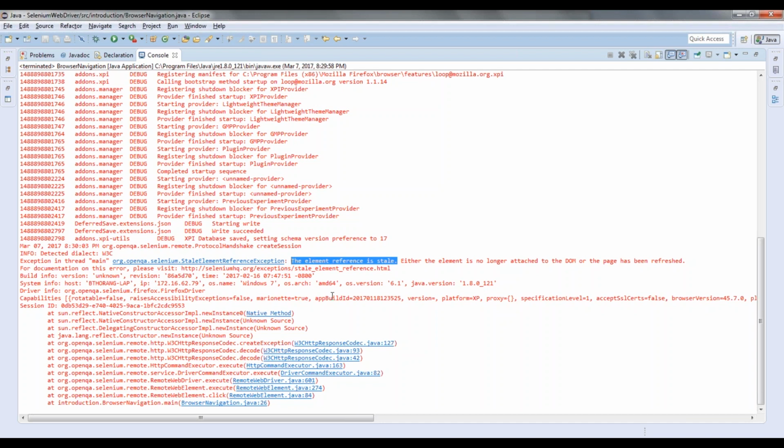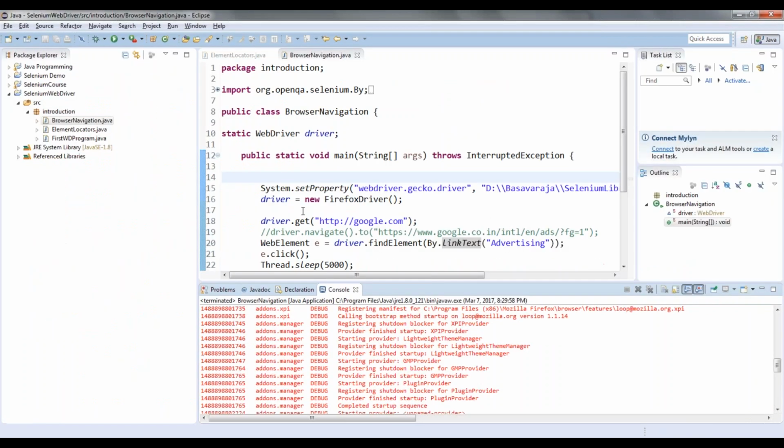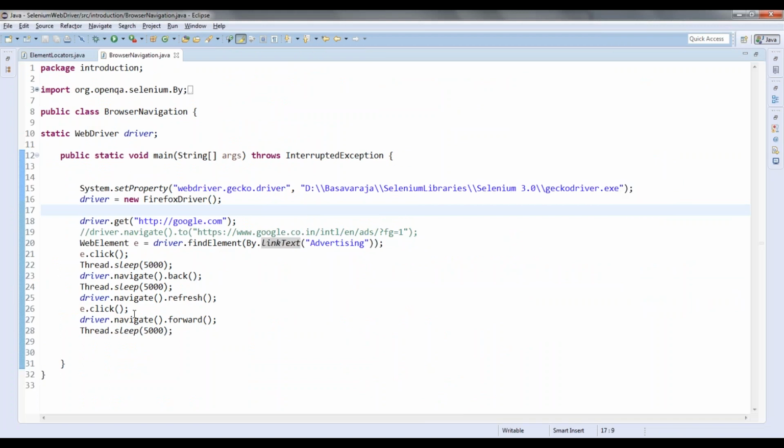In the sense, once the page has been refreshed, the element reference will be stale. The reference whatever you have identified will be null. You will not have any element, so it becomes a stale element.